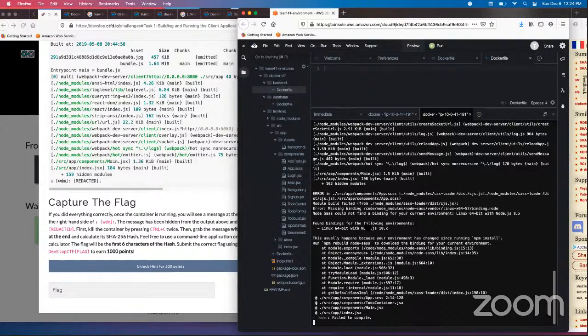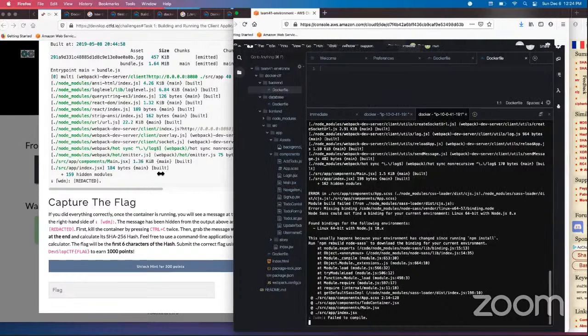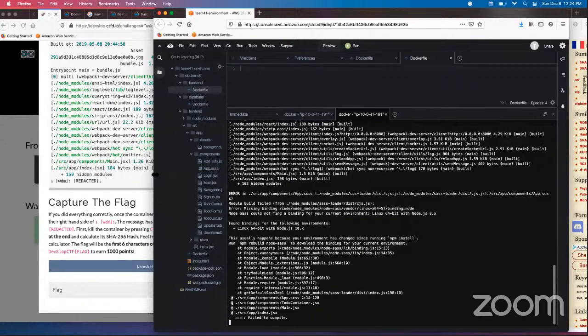Yeah, I really can't see from this. Let me join again from the computer. You guys might not hear me, but at least I'll be able to see whatever you guys are doing. Okay. Node Sass could not find a binding for your current environment. Hold on one moment. Okay. Can you see it now? You cannot hear what I'm saying, but that's fine. Tanisha, can